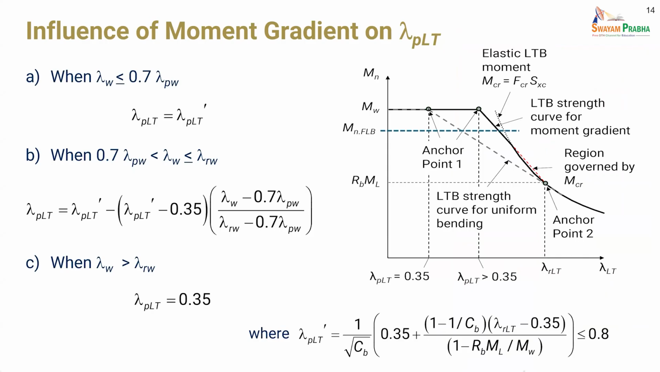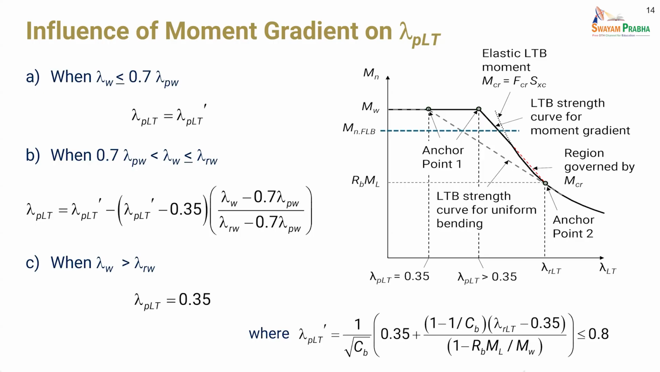Now that was the test I was showing you, a moment gradient test of a slender web. And so that's the simplest case. In those cases, lambda PLT is a constant 0.35 for all cases. However, what we were finding was that if you had a web that was more typical of a rolled section, well within the compact web limit,